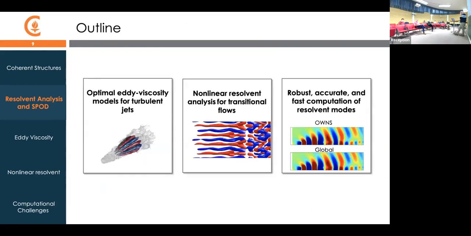Okay, well, with that introduction, I will go through three different topics that are related to this. The first is to try to do a little turbulence modeling with the resolvent, and we did that in the context of turbulent jets. After that, I'll talk about something a little bit different, which is extending the resolvent framework into the nonlinear regime using something called the harmonic balance Navier-Stokes approach. And then the third thing I'll talk about is to come back to some of the computational issues with computing the resolvent and think about some frameworks for how we can make progress in that area.